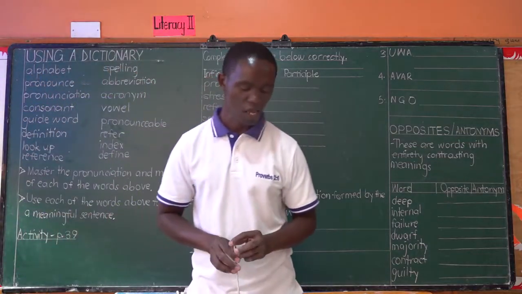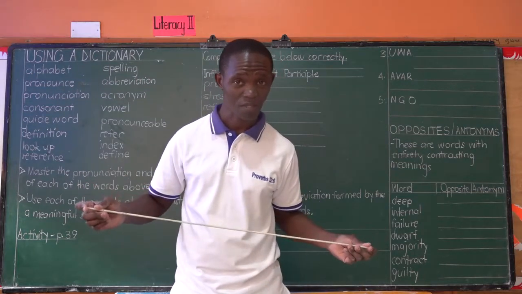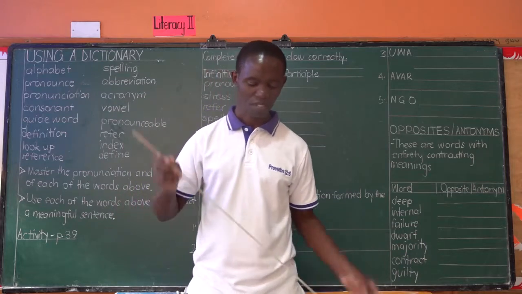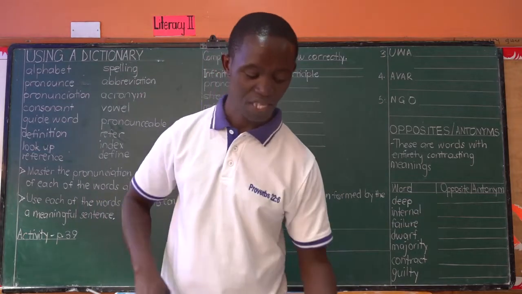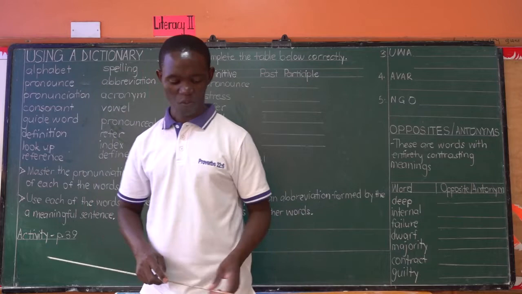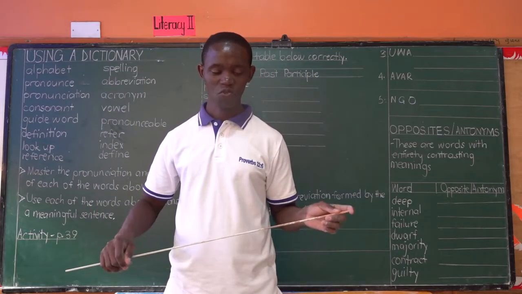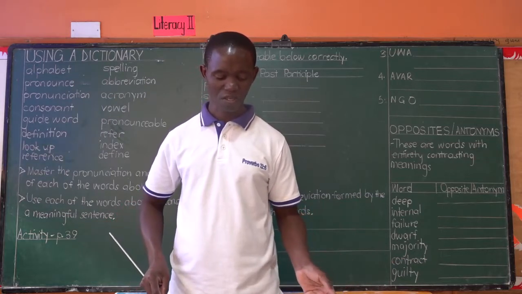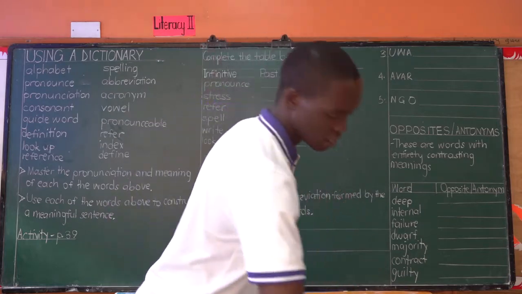You are going to learn about the commonly used labels in your dictionary. I'm talking to people who have Oxford Advanced Learner's Dictionaries. Those dictionaries have abbreviations, and you need to master the abbreviations that are used in the dictionary in order to use it the right way. We have abbr. It is used to refer to an abbreviation. That is adj. next, meaning an adjective. Then adv., which is an adverb.